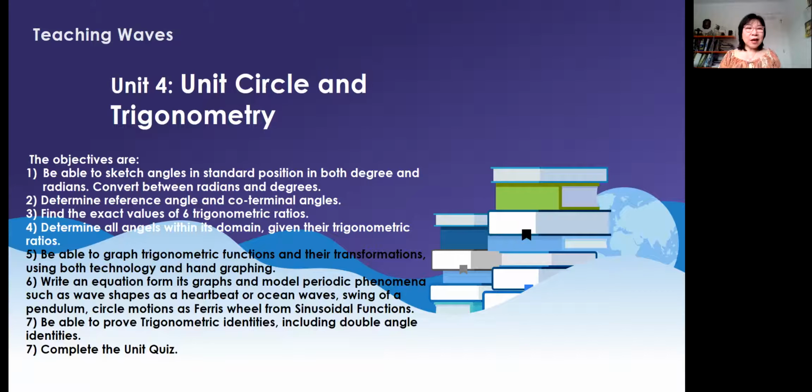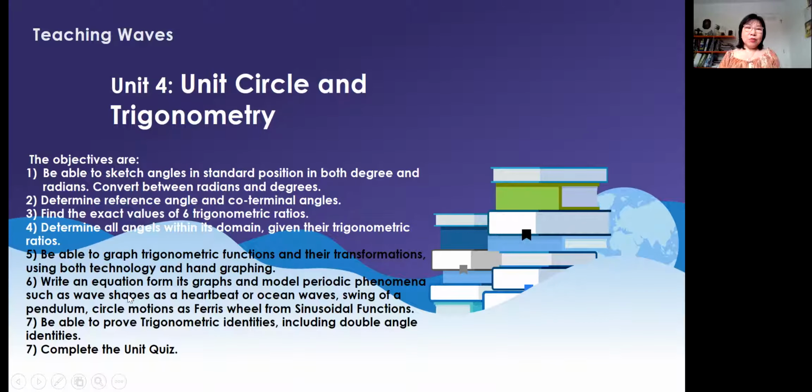And our objectives are to be able to sketch angles in standard position in both degrees and radians, convert between radians and degrees, determine reference angles and coterminal angles, find the exact values of the six trigonometric ratios, determine all angles within its domain given their trigonometric ratio, be able to graph trigonometric functions and their transformations using both technology and hand graphing, write an equation from its graph and model periodic